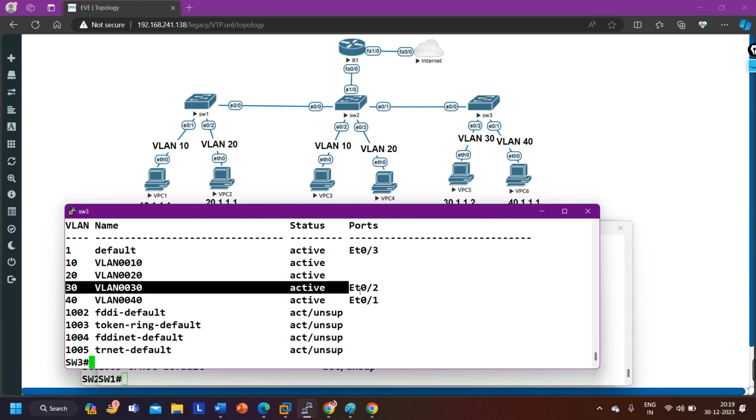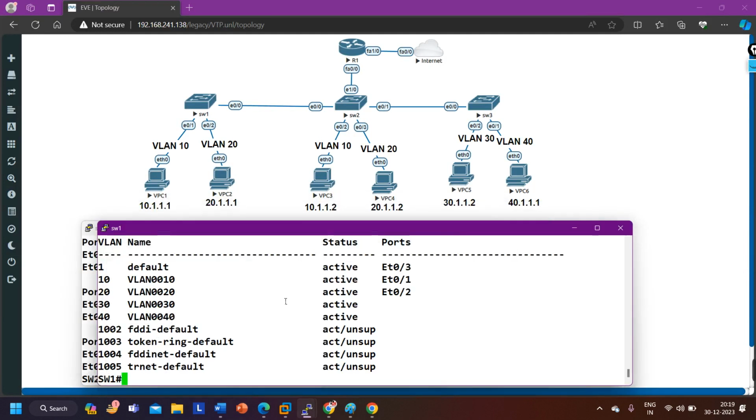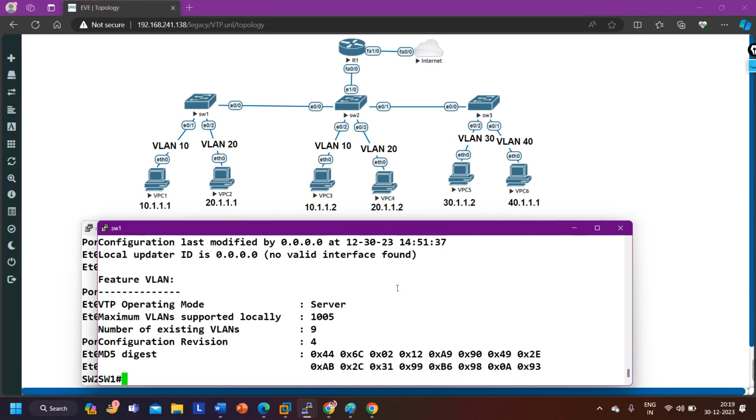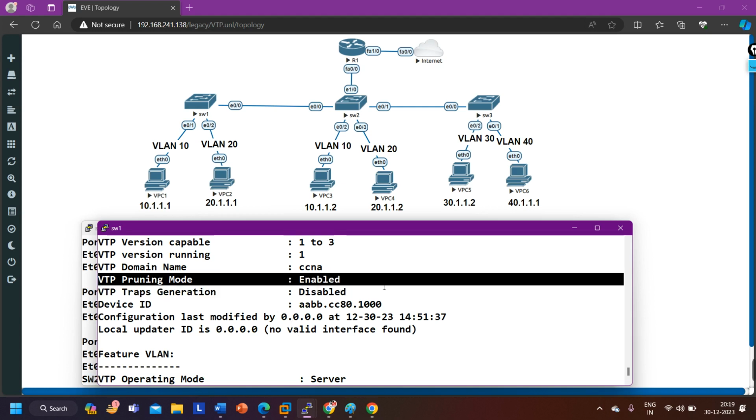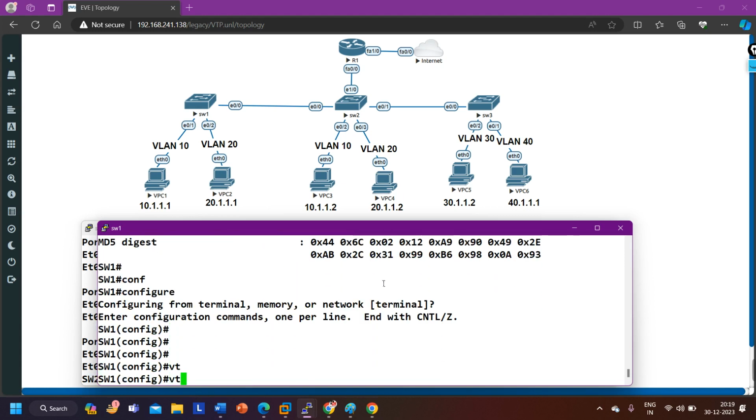Fine. Now here we have VLAN 30 and 40. And see guys, on switch number 1, by default VTP pruning is enabled, but on real devices by default VTP pruning will be disabled. Here let me say VTP